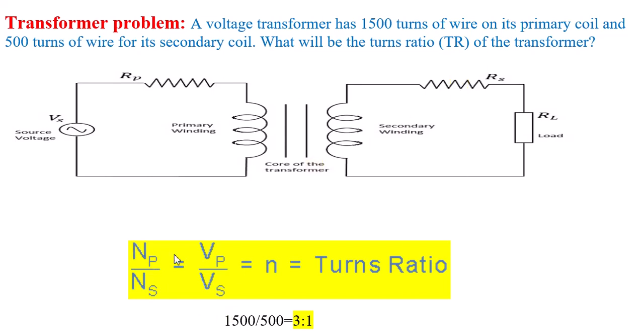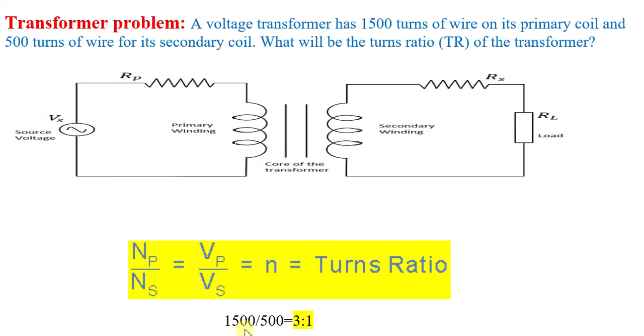Just substitute the values. See, this ratio we require. If you know the voltage, then also you can get the number of turns. I will try to cover that after some time. So for the time being, there is no confusion. The data is very clear. You have the primary winding and the secondary winding numbers, so you can directly substitute here.